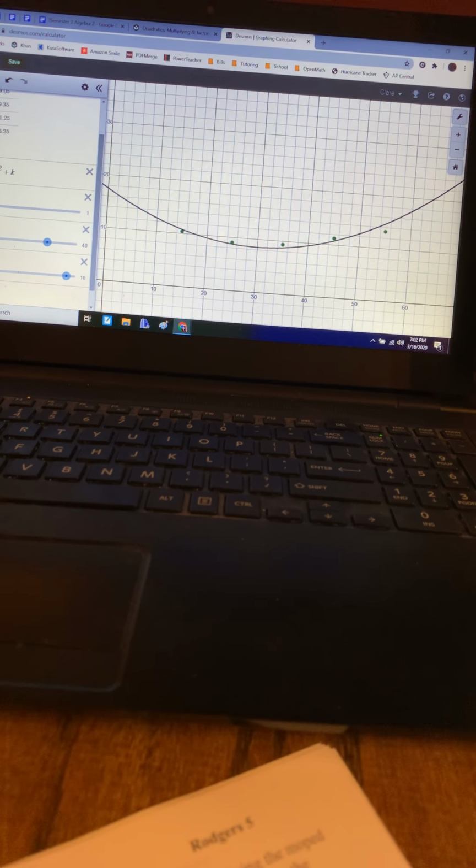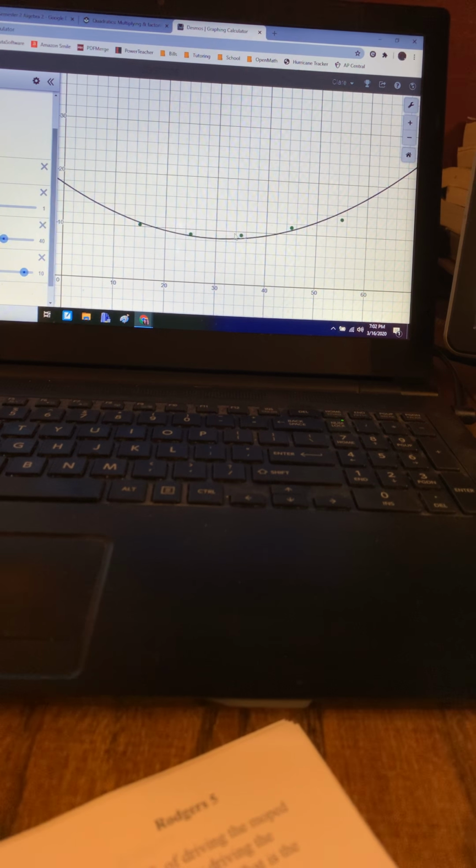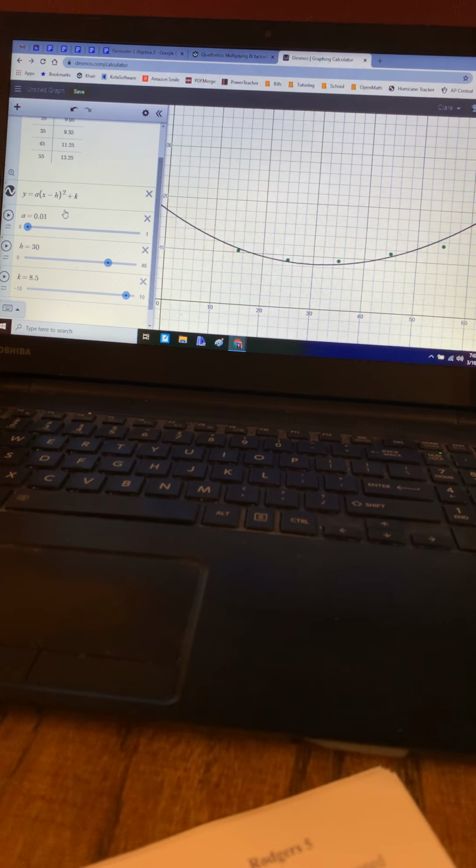That looks pretty good. Okay, so it's not gonna be perfect. They're not gonna line up perfectly. We will learn tomorrow how to do it perfectly, to find our actual quadratic regression. But today is just playing with the sliders here. So